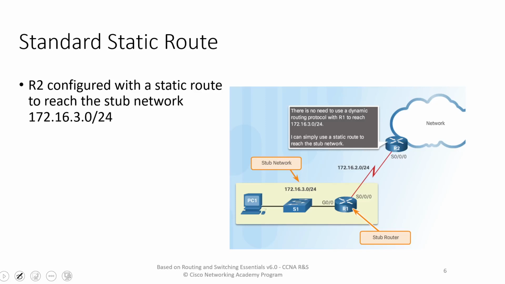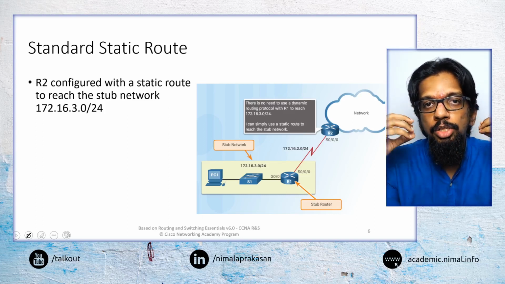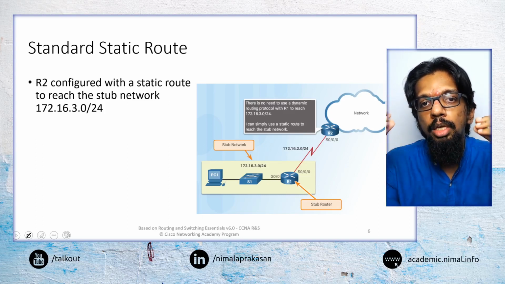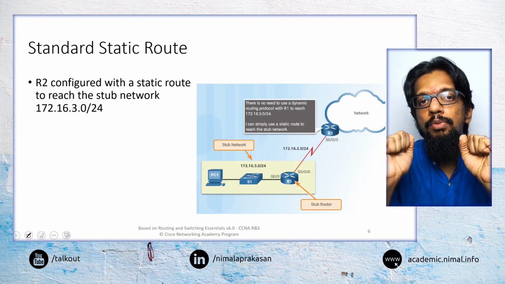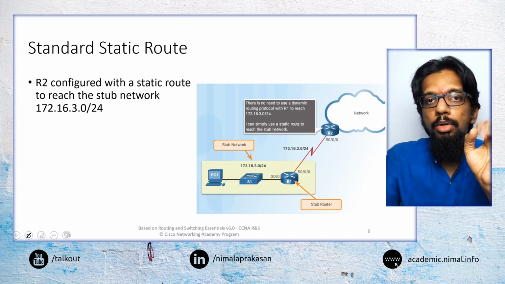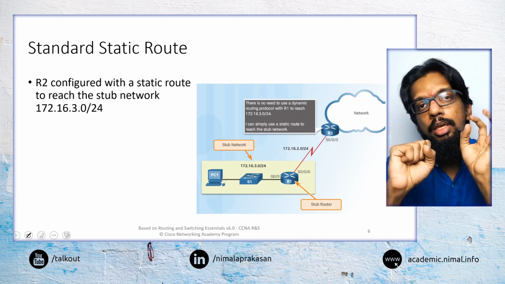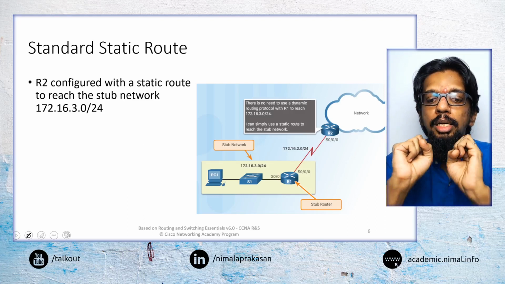So then, when we think about different ways of configuring static routes, there are a few different types of static routes that we can configure. The first one is what we call a standard static route. The basic static routing is what we call a standard static route. We have a router, we want it to route to a different network, so we will specify what the network is and how to get there. That is basically the standard static route.